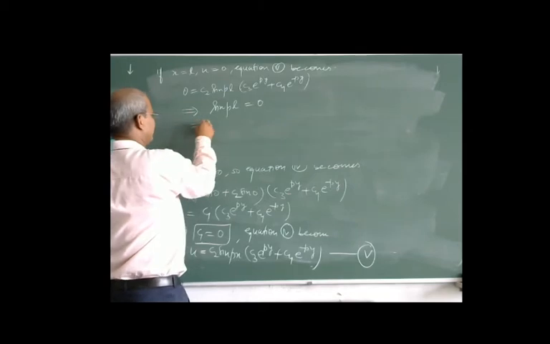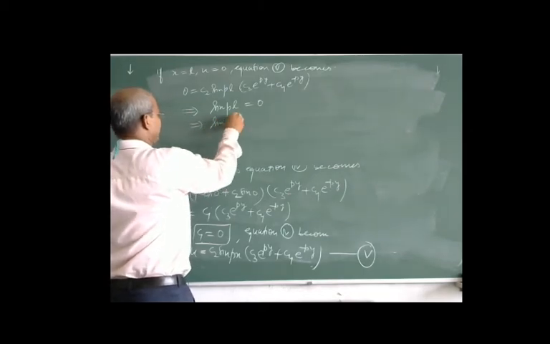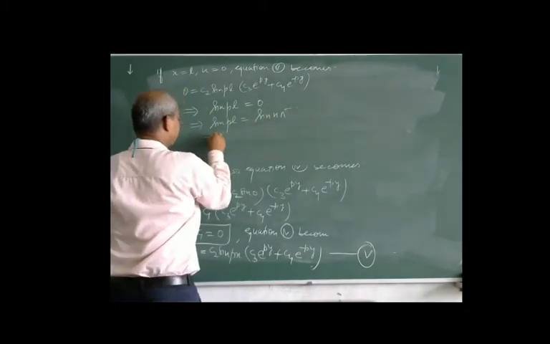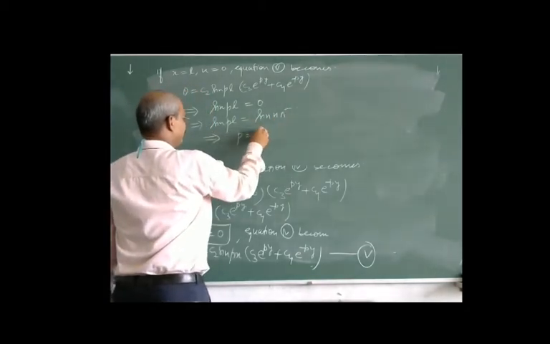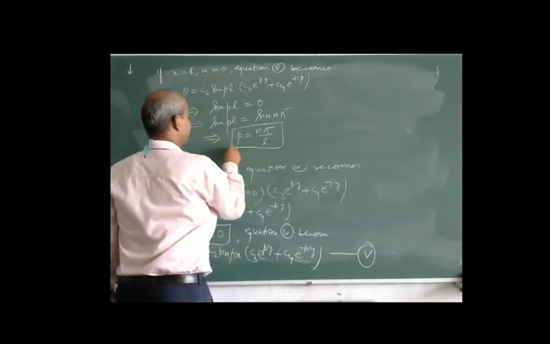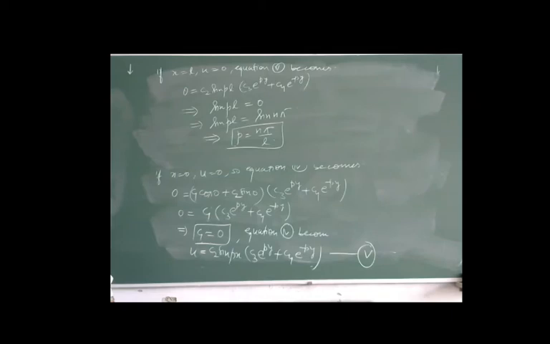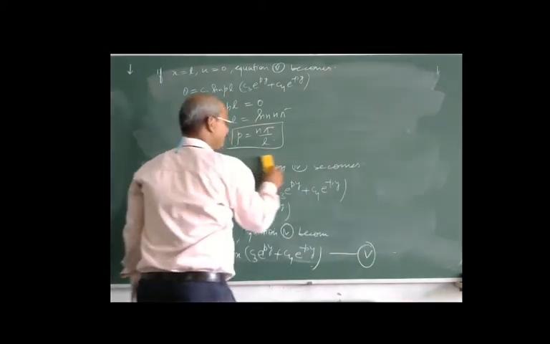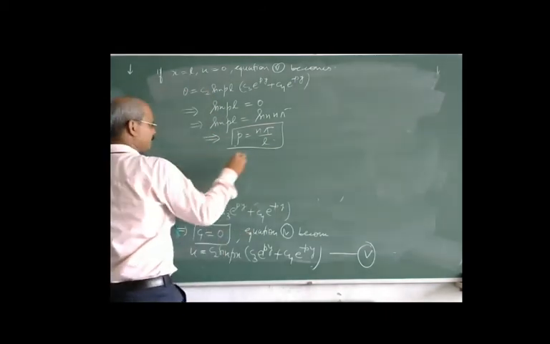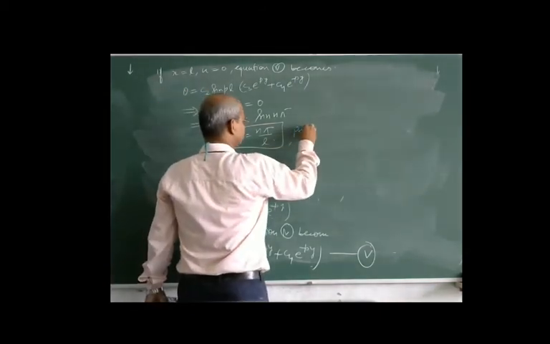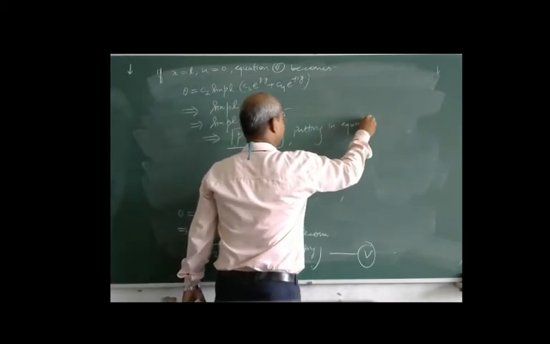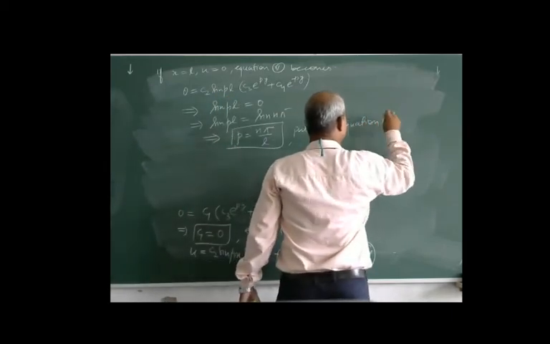So this here, from here sin pL, and this can be sin n pi. After comparing both sides, p equal to n pi by L. By putting this value p equal to n pi by L in equation 5,